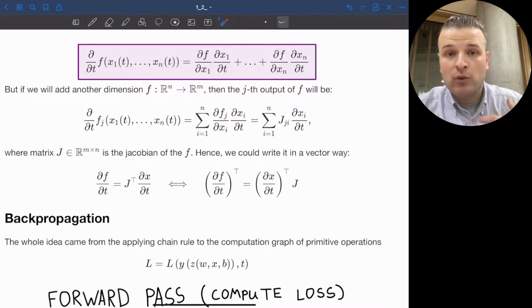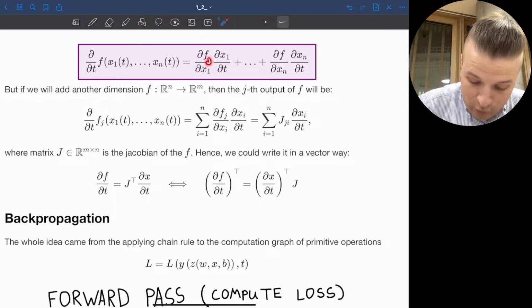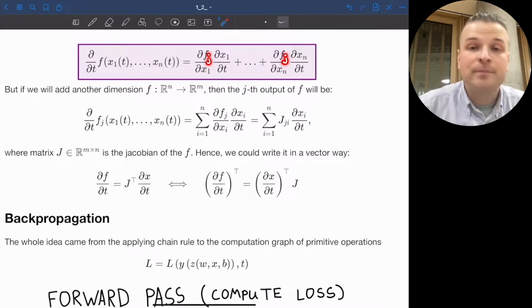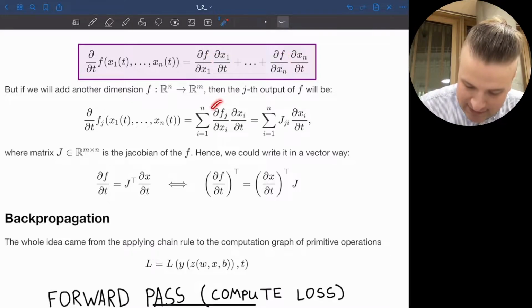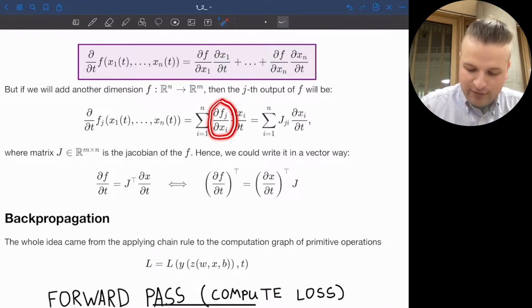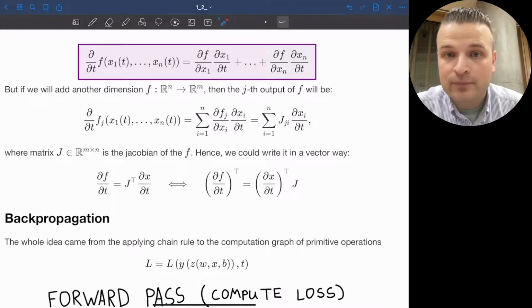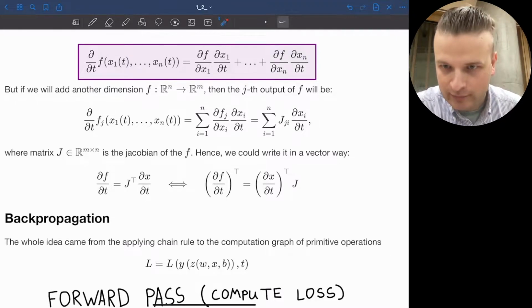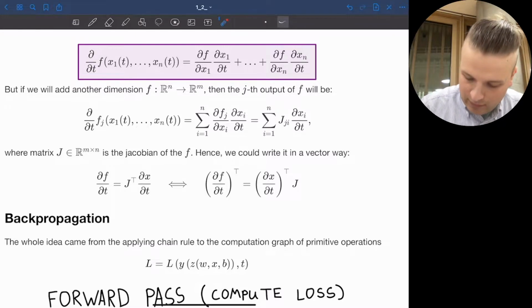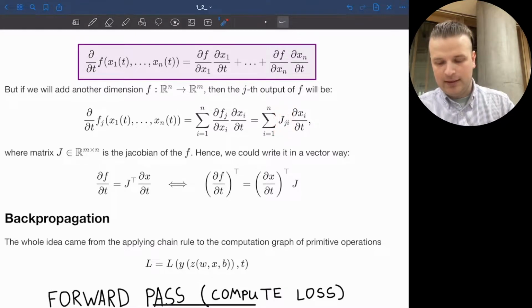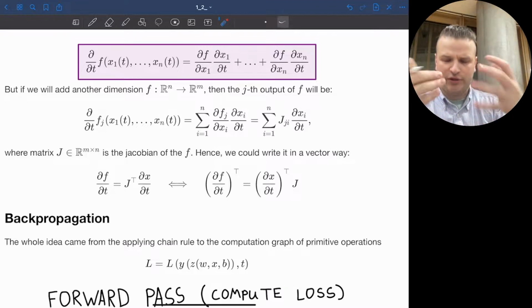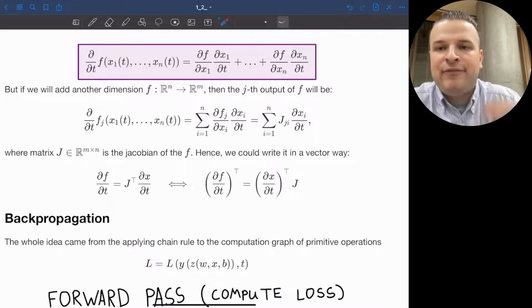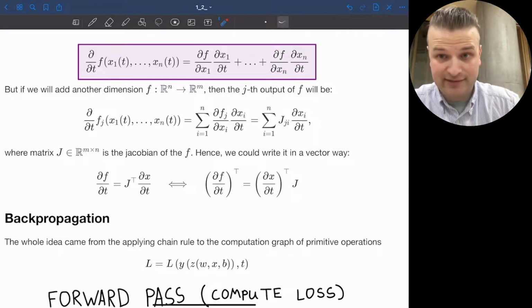And this formula will be still valid here as it was before, but we will place j here everywhere. And we'll have this dfj divided by dxi term, which actually is a Jacobian, right? This is Jacobian, and when we realized that, we can easily write down a vector form of this multivariate chain rule,